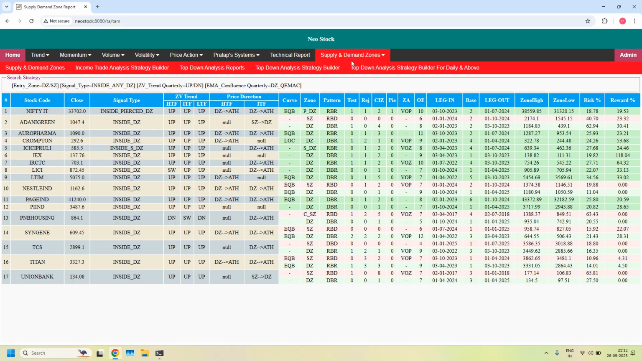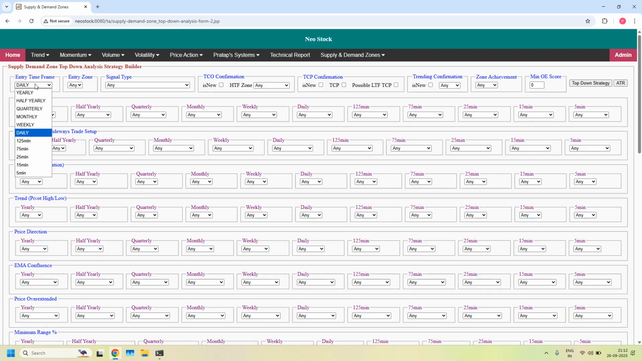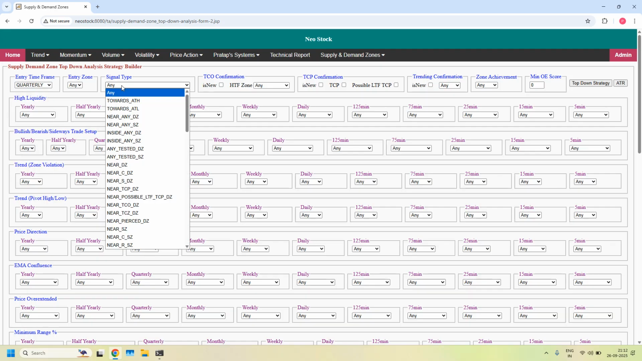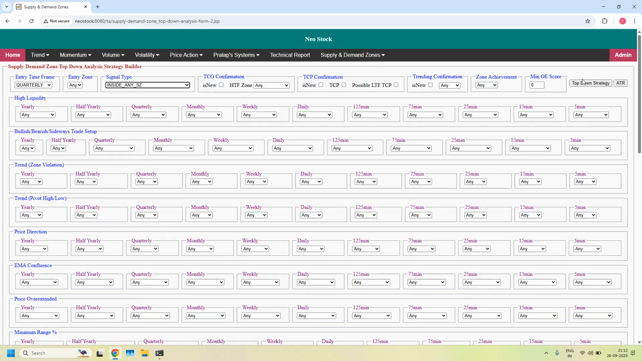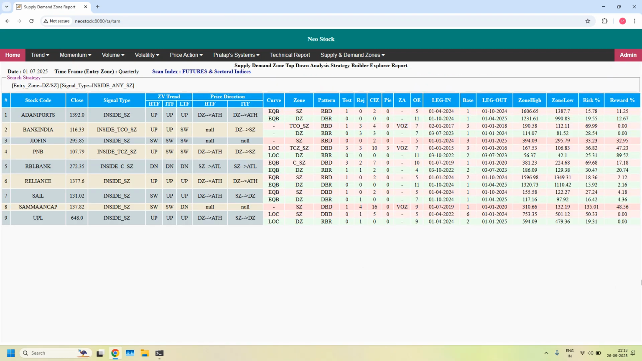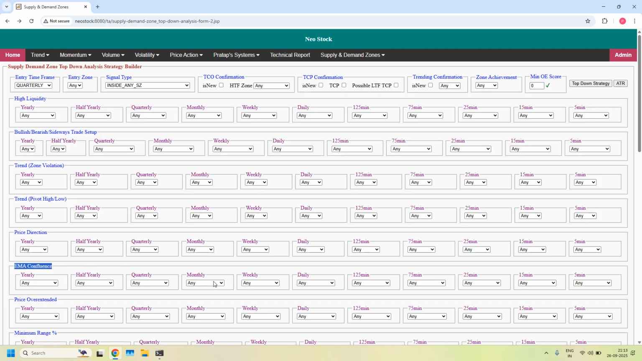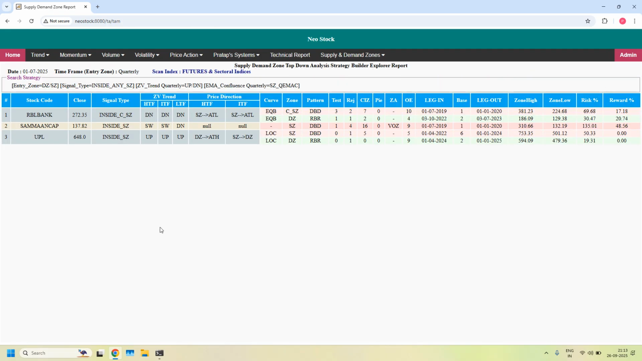Okay, next, price closed inside the quarterly supply zone. We got 9 stocks. We can further filter based on quarterly supply zone having quarterly EMA confluence. And trend on the quarterly should not be sideways. We got 3 stocks. Okay, next,